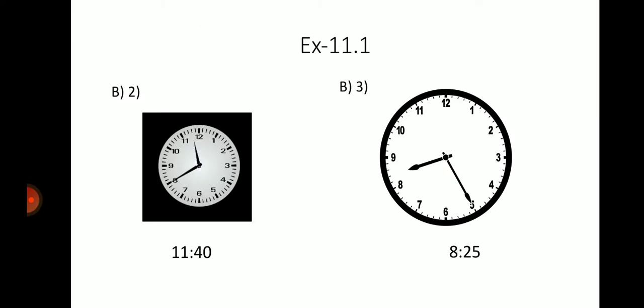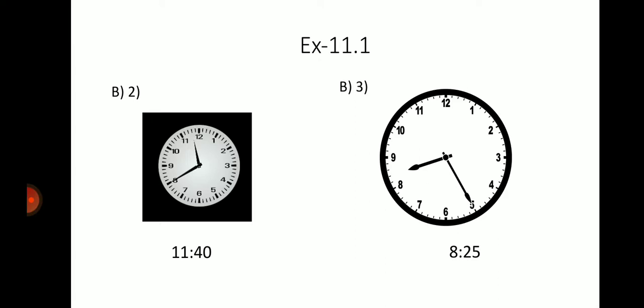Now exercise 11.1, sum number B2. See, we have drawn the hands of the clock. The time is 11:40, so the hour hand is between 11 and 12 and the minute hand is at 8 because 5 8s is 40. Again here